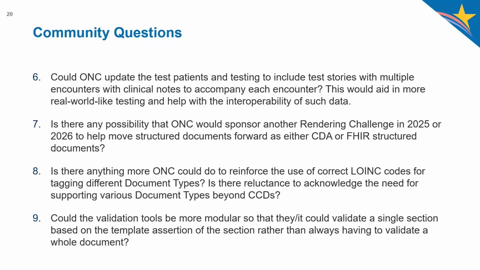Yeah, there's a section that we're writing in the data usability guide that talks about effective use of correct coding in documents, and where so much of the industry has only really focused on CCDs, they only needed to know one LOINC code. But the question, even like that Dr. Grew brought up, around more specialized, maybe a progress note that's relevant to eye care, or specialty types of consultation notes. I feel like we really are at a point where we need to establish what I'm calling the Dewey Decimal System for organizing documents,